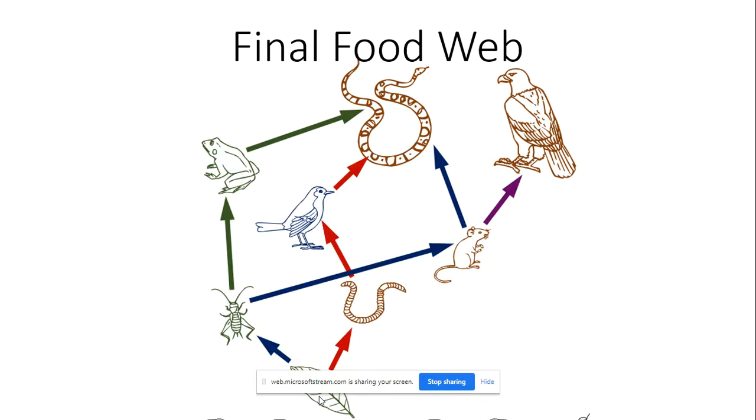So we have the leaf to start off, then we have a worm. From the worm is the bird. So then the bird is eaten by the snake. That's 1 food chain. The next food chain is the leaf to the cricket, to the frog, to the snake. That's 2 food chains. Then we have the leaf, the cricket, the mouse, the snake. That is 3 food chains. The leaf, the cricket, the mouse, to the bald eagle. That's 4 food chains. So we have right there 4 food chains that we have visible,